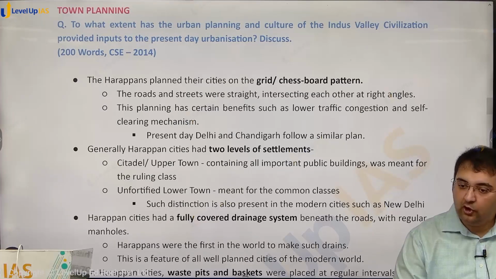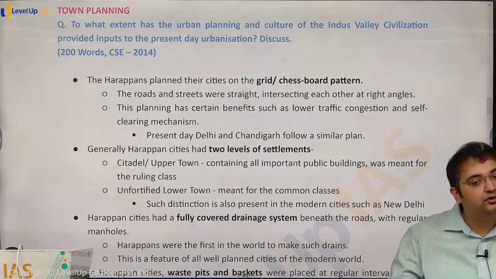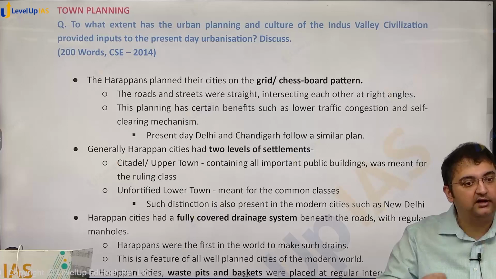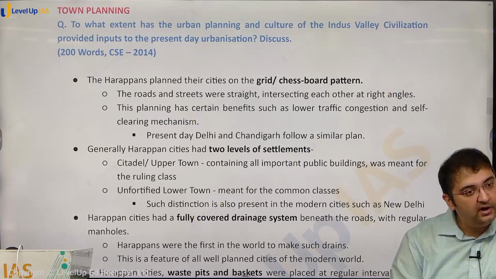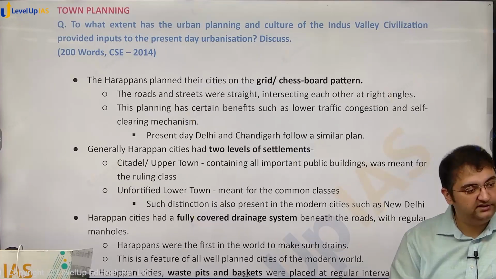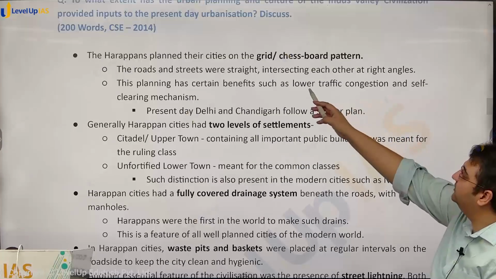You'll have to incorporate the features of Harappan town planning, and you'll have to show the examiner how the same features are valued by modern urban planners. कैसे करोगे? Features को enlist करोगे, and you'll have to demonstrate with an example how this feature is applied in a modern city, right? So you may begin by saying that the Harappans planned their cities on the grid or